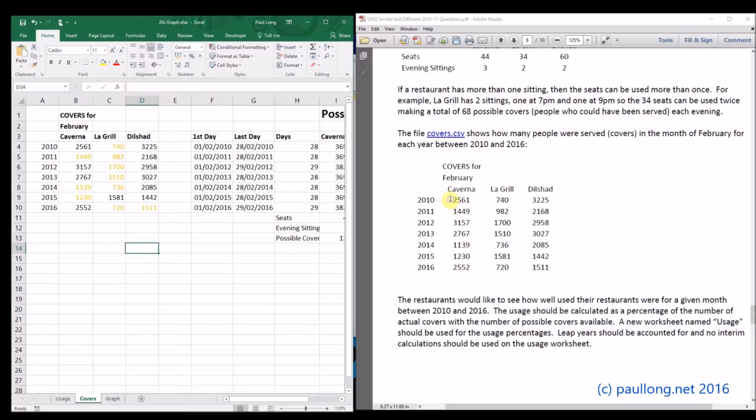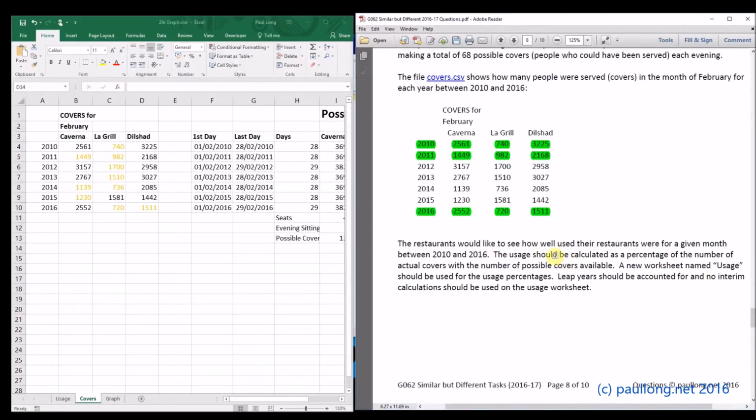So these are the number of people who were actually served during the month of February in 2010, 2011, all the way through to 2016. So we're comparing the same month, but in different years. Now what the restaurant want to do is calculate the percentage of the usage over the possible usage. So this is my finished version, and here these are the number of people that were